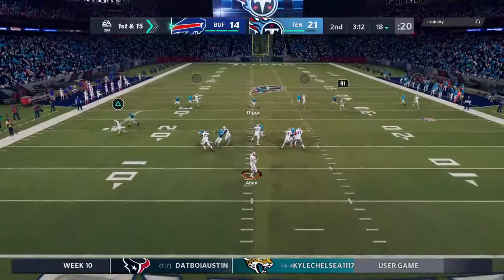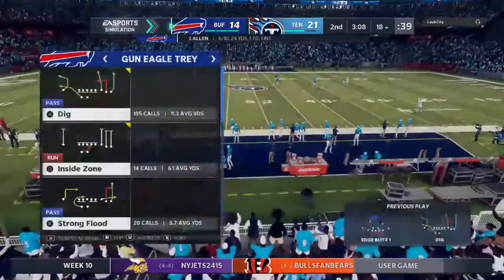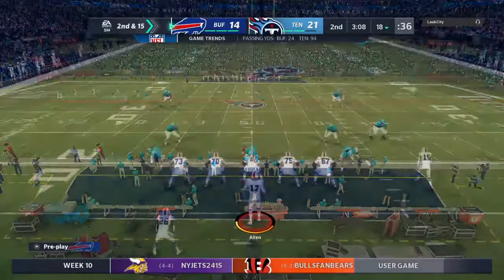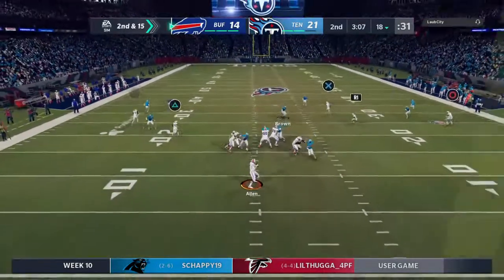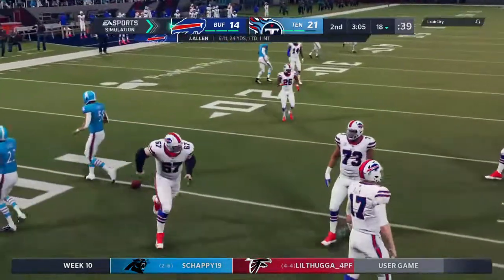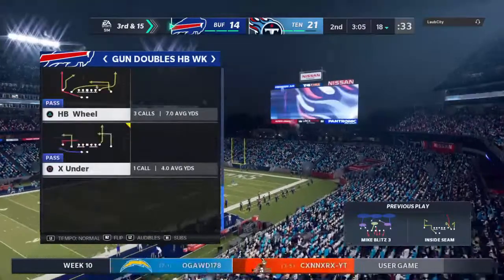From the gun, it's Allen. He's going deep for Brown. And that will be incomplete. Would have been a big hitter if they had connected. Instead, it's second down. So they'll come up after the incompletion for second down. From the gun, Allen. And that one got tipped, kind of threw everything off. It brings up third. Intended for really nice play by the guys on the defensive side of the ball, but